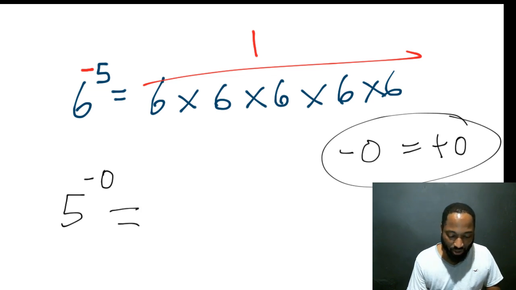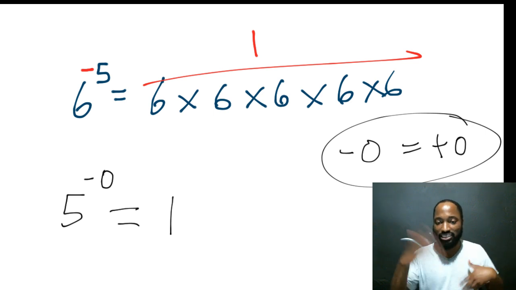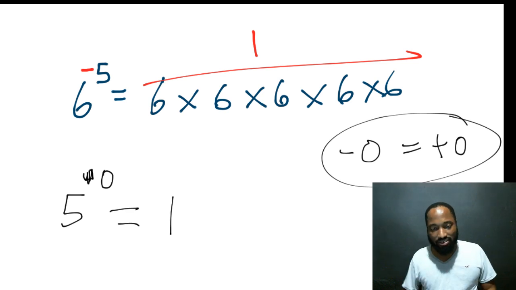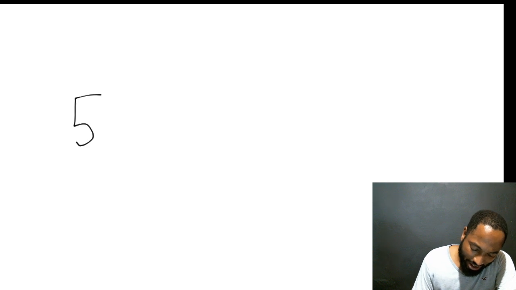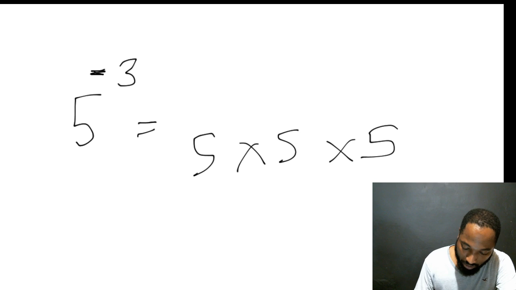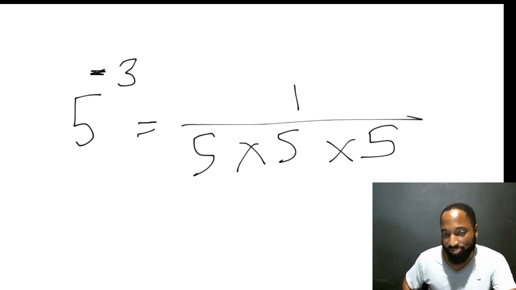Yes, you're correct. It's going to be 1. Well, yeah, I think you say 5. Well, you're wrong there. It's going to be 1 because anything to the power of 0 is 1. So you can ignore the negative sign. But the second you have a number here and you put a negative, remember you don't have 5 by 5 by 5. You can't just leave it like that. You need to push this down and put it over 1 because of the negative sign. That's just how it works. That's just how the cookie crumbles.